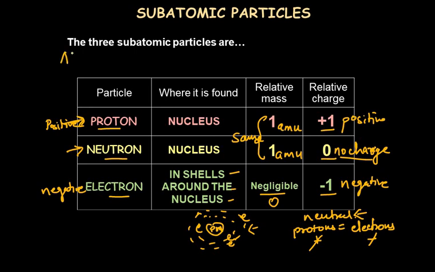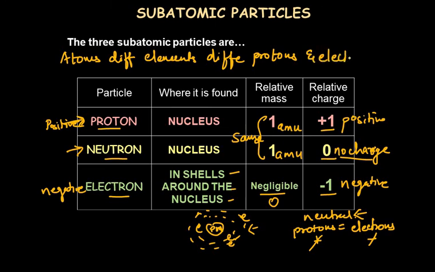Now atoms of different elements will carry different numbers of protons and electrons. So we need to understand how we can make out the number of protons and electrons in a given atom of an element, because each and every element has a different number of protons, electrons and maybe neutrons also. But that is not exactly what we can say, that each and every atom may not carry a different number of neutrons, but protons are definitely different.